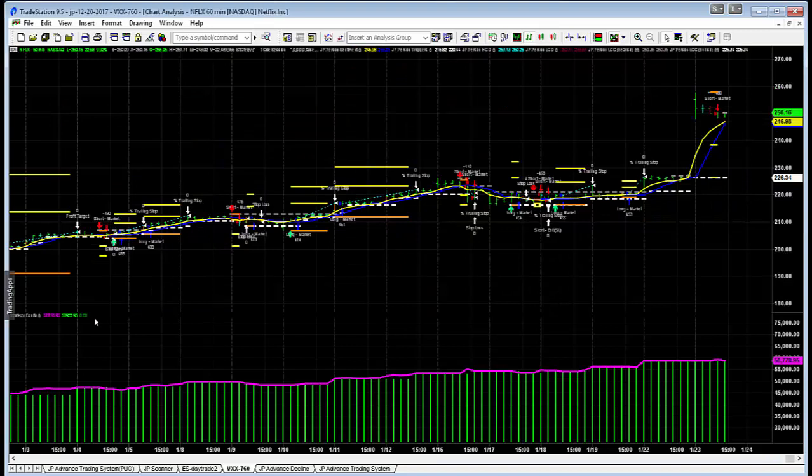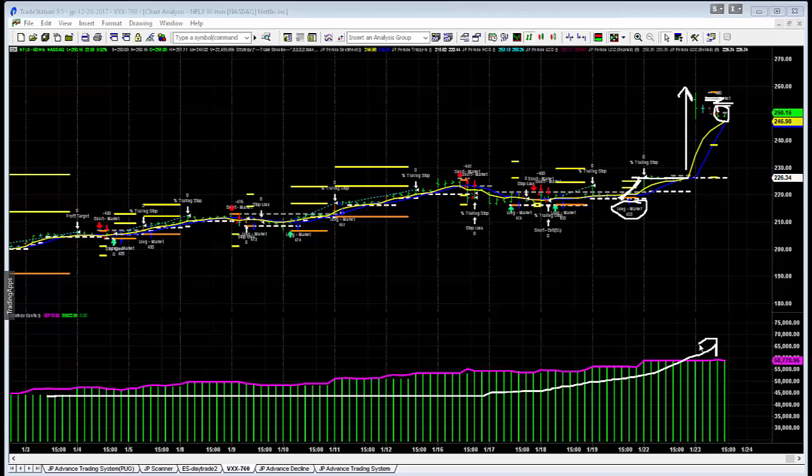Now, here's an interesting situation. For earnings, someone had asked, John, what do you see for Netflix? And Netflix was darn neutral. In fact, the system was long, it had gotten out and was flat ahead of earnings. And then the market gapped up. Now, here's an interesting situation: the system went short. Its equity curve is pretty good. So whether the short works or not, it did not take that huge move to the upside in Netflix. And we'll see how this performs.